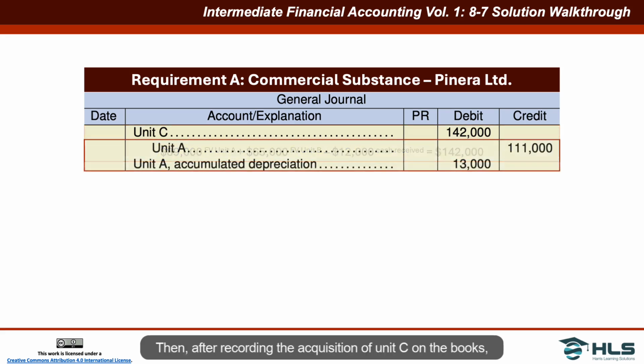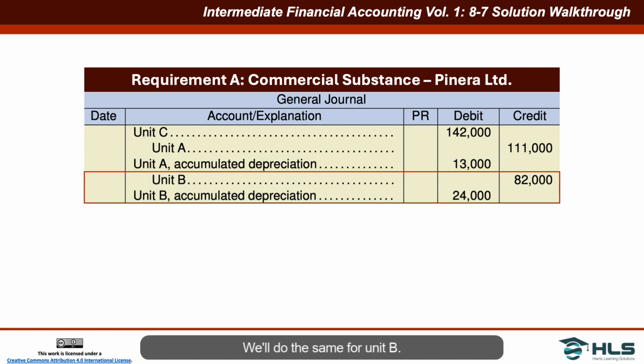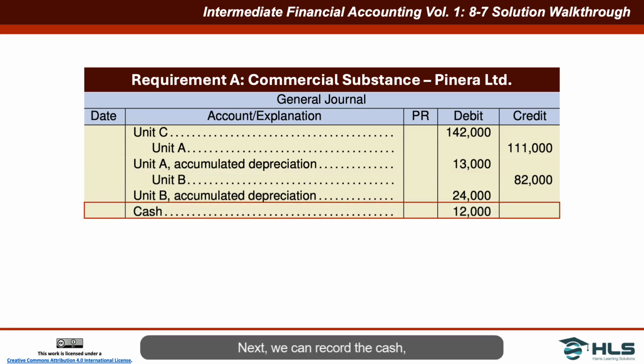received from Denevy. Then, after recording the acquisition of Unit C on the books, we need to remove or derecognize each of the assets that are given up. So for Unit A, we're going to credit the Unit A asset account for its original cost of $111,000, and we will debit the accumulated depreciation for Unit A of $13,000. These amounts are provided in the data and no calculations are required. We'll do the same for Unit B. We will credit the $82,000 original cost for the Unit B asset, and we will debit Unit B accumulated depreciation for $24,000. Next, we can record the cash, which is a simple debit to cash of $12,000 for the amount